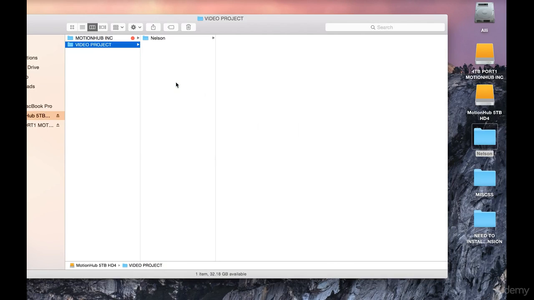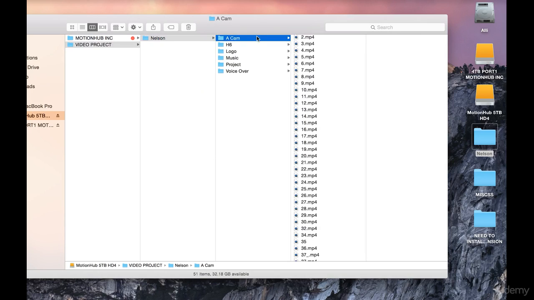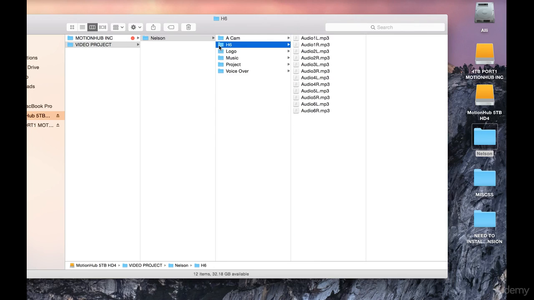All right, now that they're copied over, we've got the folder called Nelson. This is the name of the project. We'll click on that. We have A-cam, which has around 50 clips that are both 1920 by 1080 resolution as well as 4K resolution. Some of them are also in slow-mo, so we'll be working with all 3 in this project. Below, we have our H6, which is our audio folder with our dialogue,